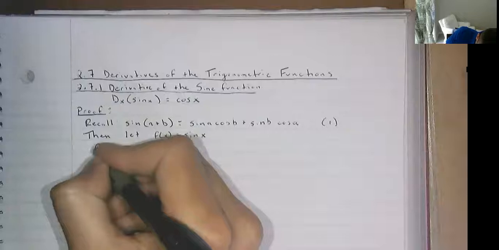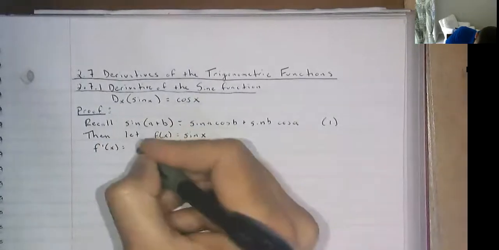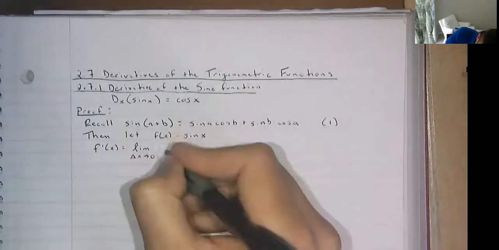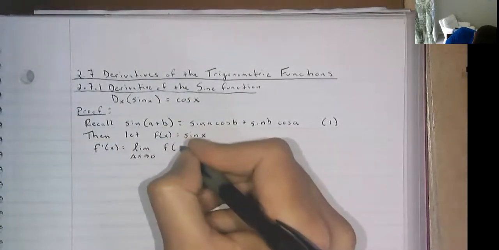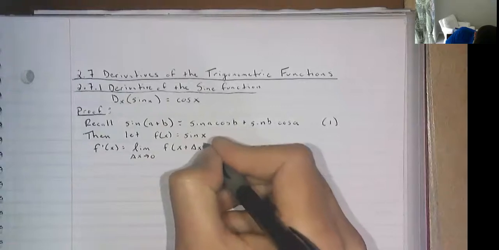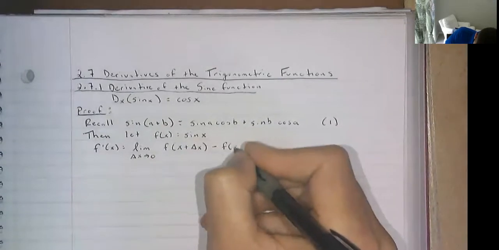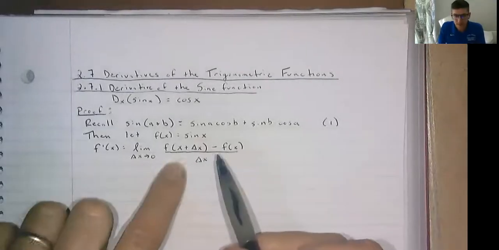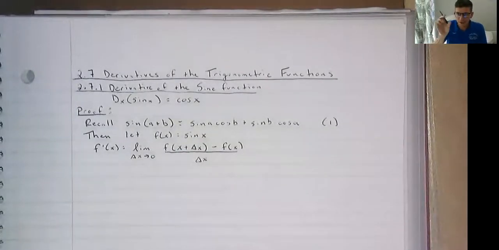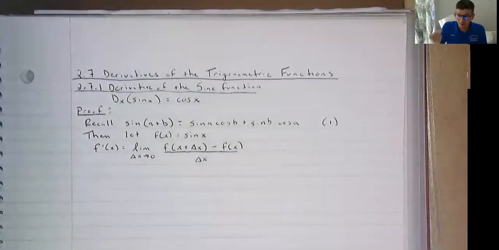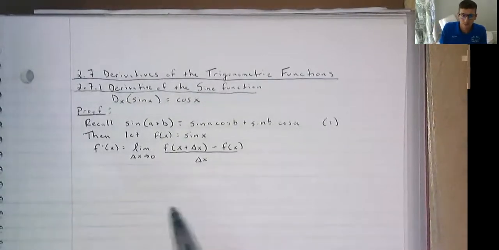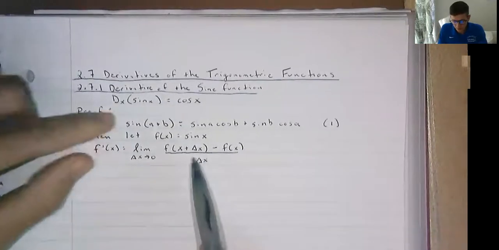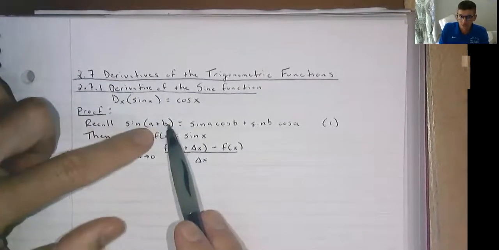In other words, f prime of x is equal to the limit as delta x approaches 0 of f of x plus delta x minus f of x, all divided by delta x. Just that incrementally smaller and smaller average rate of change until eventually it becomes instantaneous when delta x is 0. Okay? So now we can see why we're remembering this,